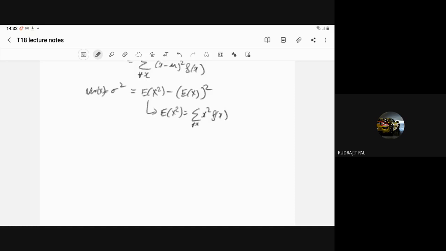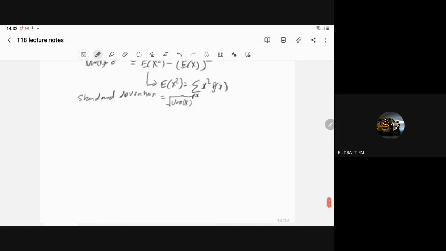If you have to compute the variability of the observed values, then we use the variance. And from the variance we have another measure known as the standard deviation. Standard deviation also measures the same thing, variability. It is nothing but the positive square root of the variance of x. Now let us concentrate on the question.